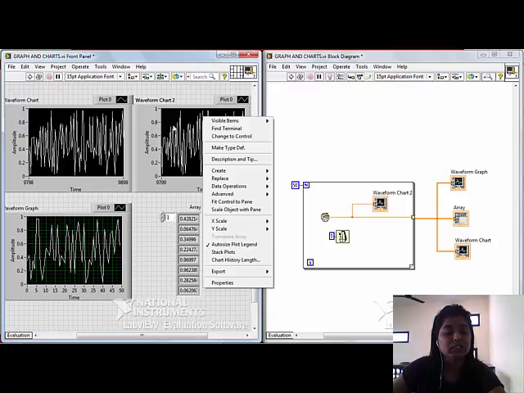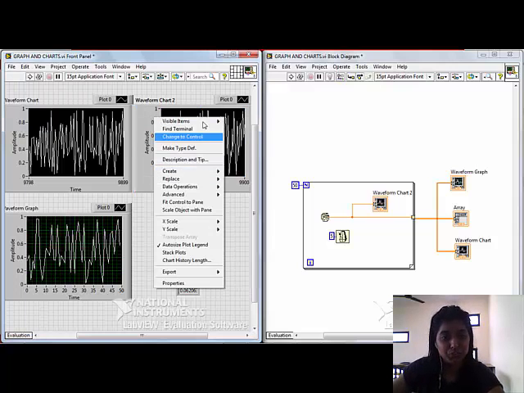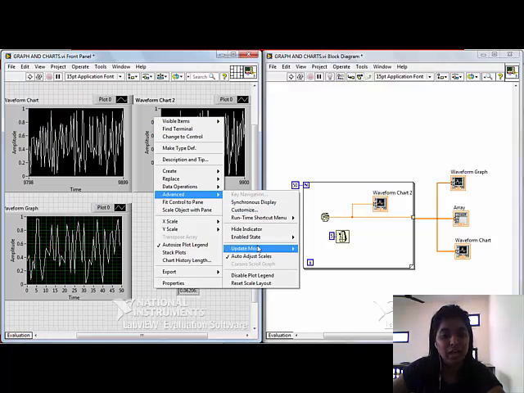The best part we get in the waveform chart is the update modes. Right click on the waveform chart, go to Advanced, and in that you have Update Modes. You have three update modes: strip chart, scope chart and sweep chart. In strip chart, it shows the running data continuously, scrolling from left to right across the chart with old data on the left and new data on the right.